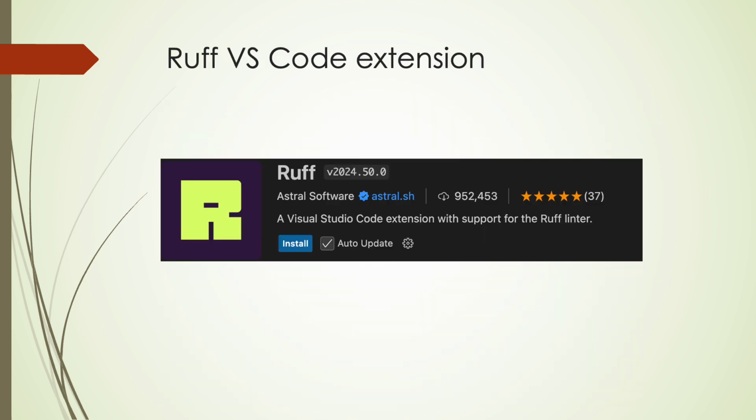Ruff is available as a Visual Studio Code extension. Find it in the extension marketplace and install it. To use Ruff in Visual Studio Code, especially when you want to format module imports so you can separate built-in,